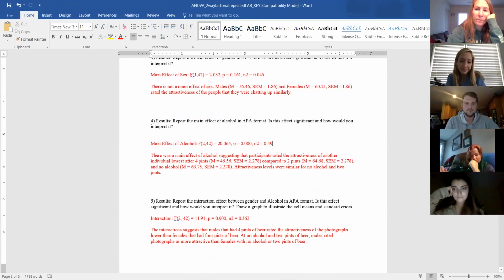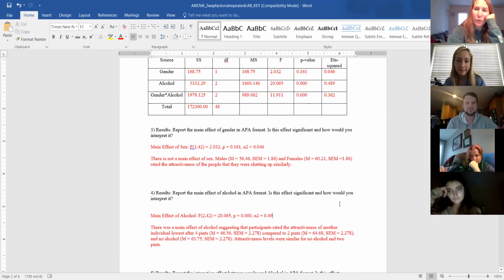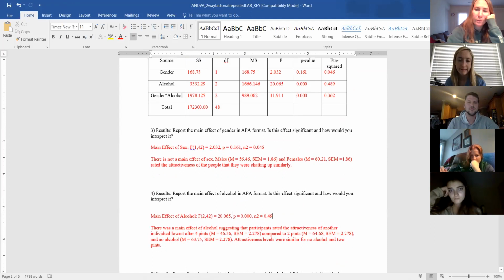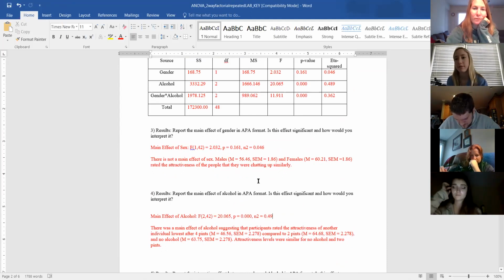Does that help? So the 42 is the error? It is. It's the degrees of freedom associated with the error. When we scroll down and look at the graph,